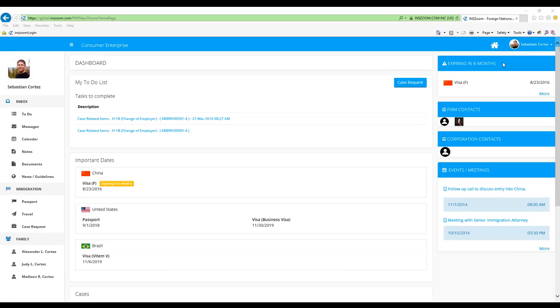And then as we continue on, there's the icon at the very top of the page for the house. So if at any time, if your foreign national is